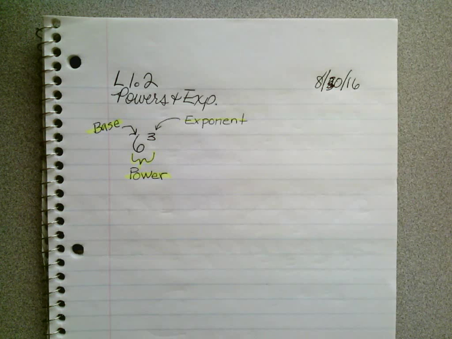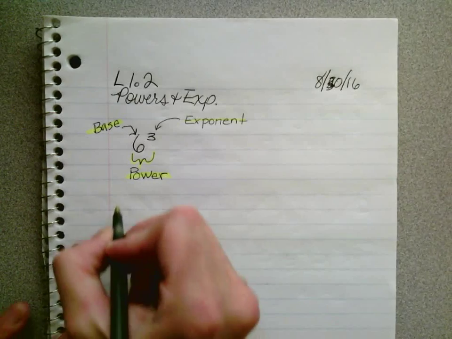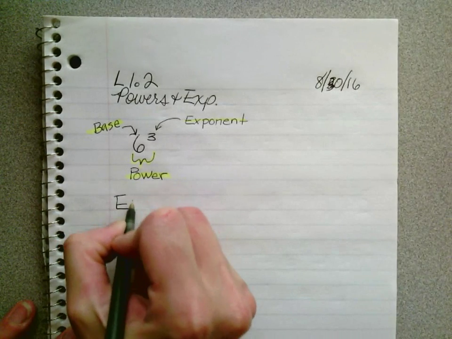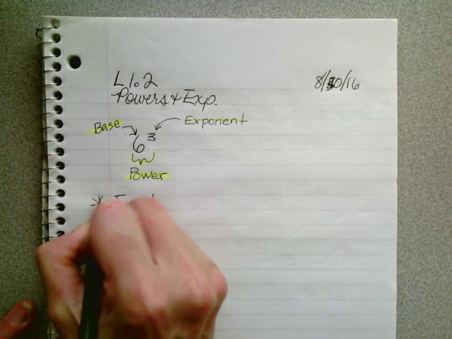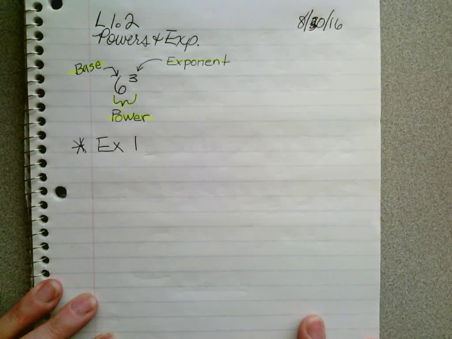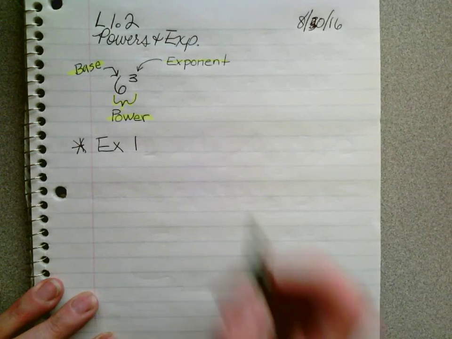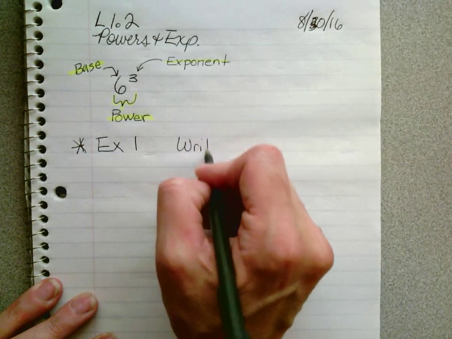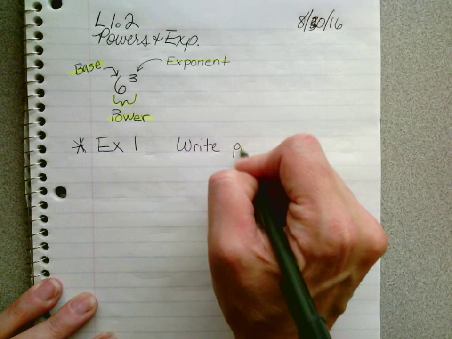Okay? In their example, they give us several things. You guys can easily look at example 1 in the book at your leisure. Okay? I'm not going to continue to just have you copy what's in the book. I have other examples for you. So please recognize that. This is my example 1. It's going to be the same type of question, but it's going to ask us some different examples. Write the product